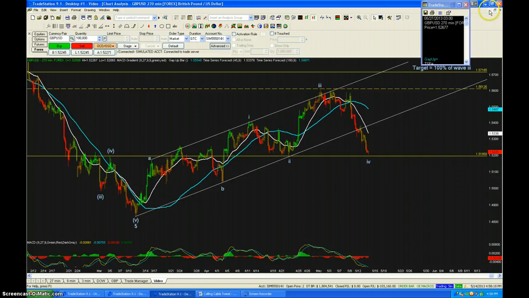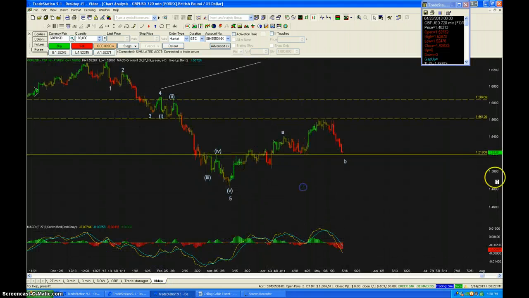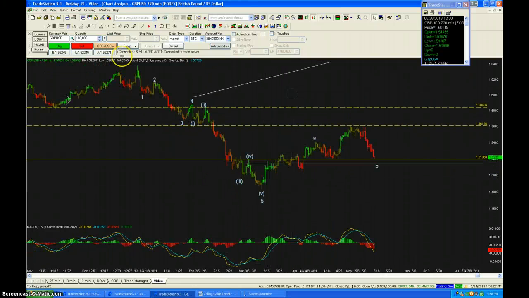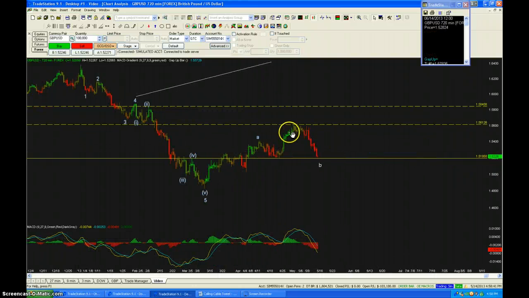So going to a 720-minute chart, I think I have a good alternative count. Now, my original supposition was this was a 5-wave descent to finish C of D of the multi-year triangle, with the 5th wave being extended. That means that the retrace should come back to the internal second, right here, illustrated by these 2 dotted lines. And it got darn close, okay? It didn't actually hit that zone, but it got very close.